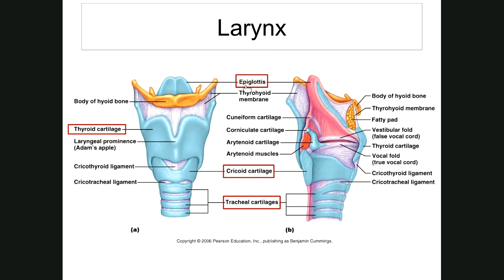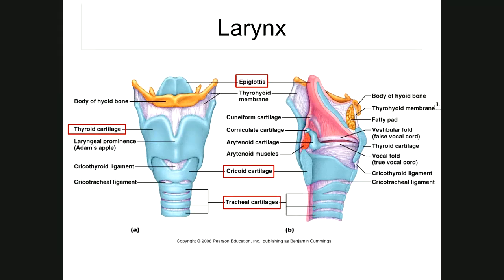Epi means upon, and glottis is the opening to your respiratory tract. It looks like a little tongue here on the left, and here it is on the right. It's actually a little flap, and it will flip down over and cover the opening of the respiratory tract when you swallow. This opening, in the area where it has this cuneiform cartilage, that there's a hole there, and that's called the glottis. And this epiglottis will fold down every time you swallow and cover the airway opening. So the epiglottis covers the glottis,